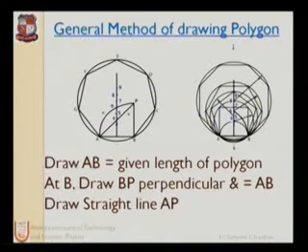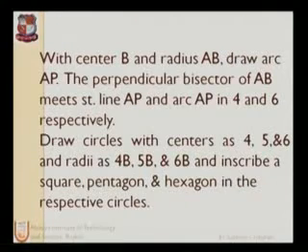Next we have number 5, the center of the pentagon. Next we can see number 6, which can be the center of the hexagon, and so on. So 8, 7 and 9 will give us the nonagon, and point 8 will give us the octagon. So these are the steps.